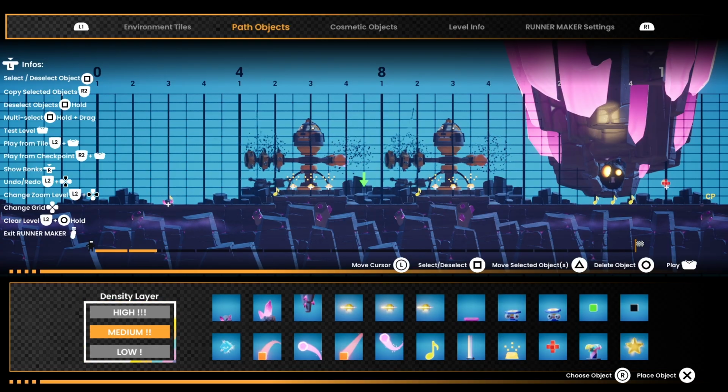This video showed you the basics of how to lay out path objects in Runner Maker. In the next video, we'll get into cosmetic objects, which are the things that Commander Video runs past or interacts with